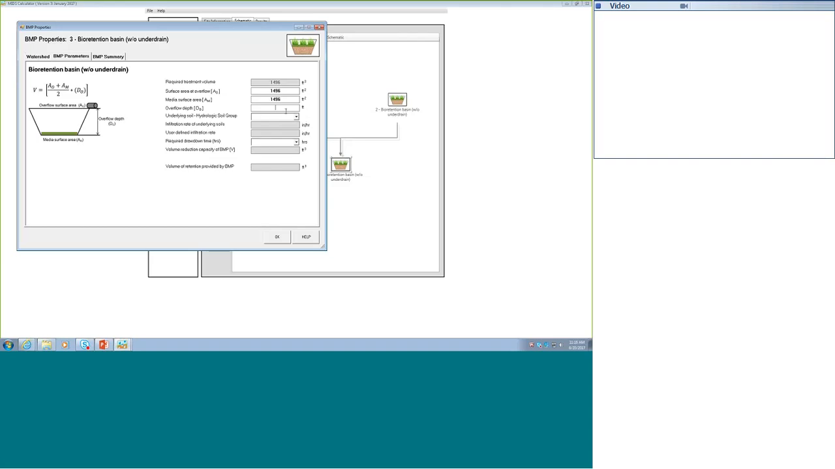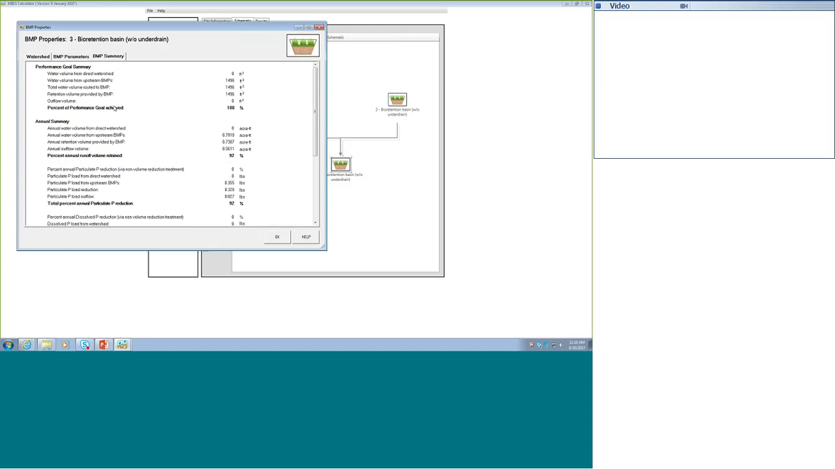1 foot of ponded water, the B soil underneath, and a required drawdown time of 48 hours. And if we go to our BMP summary, I am now meeting my performance goal 100%, and I'm getting 92% of my annual volume. And you notice that these numbers are slightly larger than the 90% we're achieving with just 1 BMP, and that's because